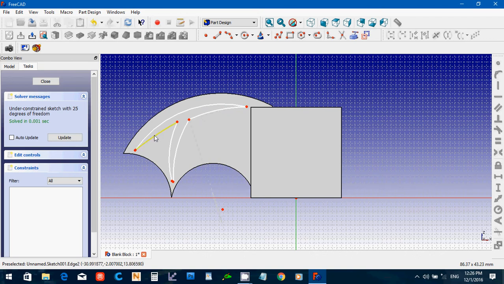Okay, and we're going to make sure that those are all connected. What I'm doing is just clicking, dragging, so I'm selecting both points, and then combining those. And we'll go close,